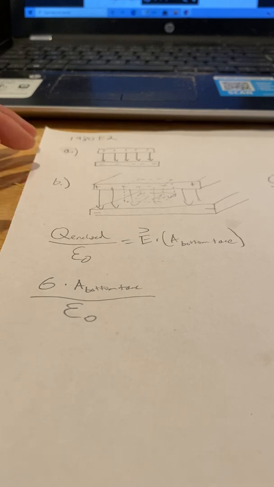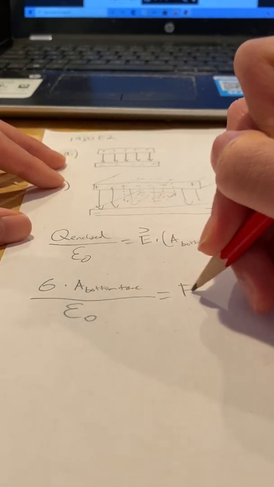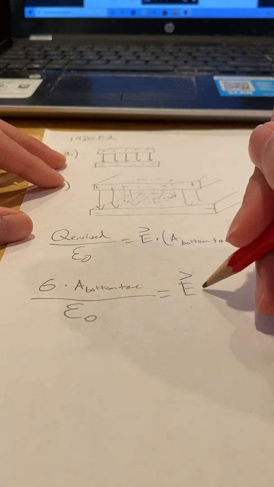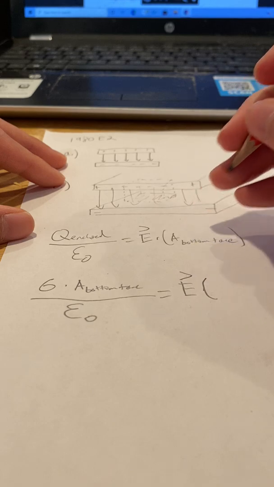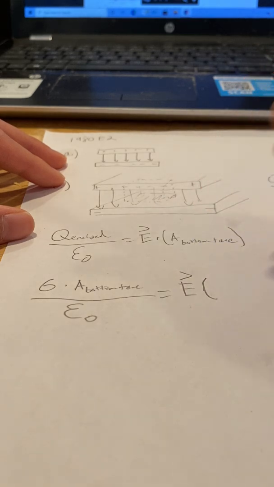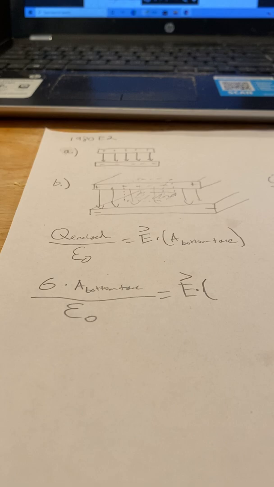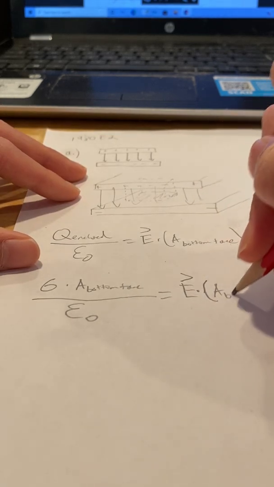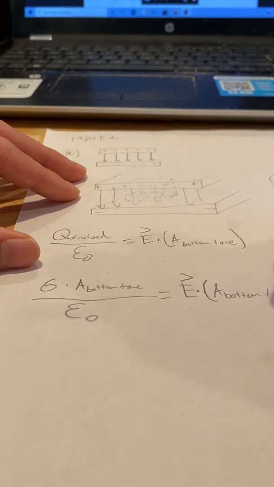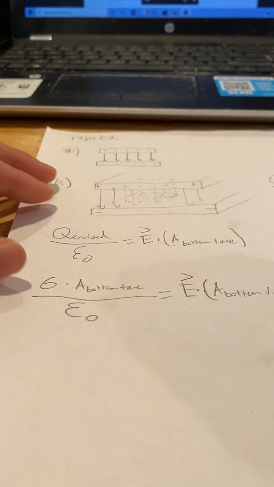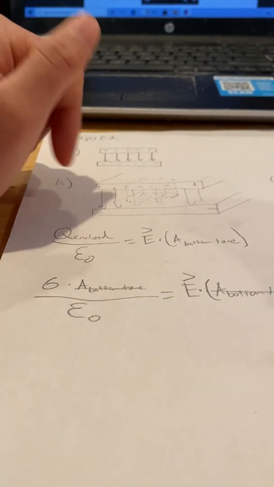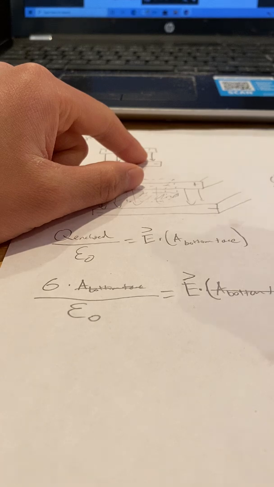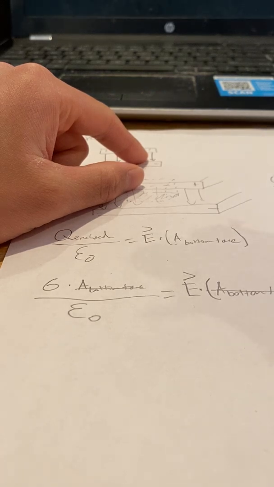which, assuming this is free space, equals the electric field or flux density times, well, no need for a dot product there. Actually, this is perpendicular, so either way is fine. Area of bottom face. And as you can see, you can divide by the area of the bottom face on each side, canceling that variable out. So what we're left with is the electric